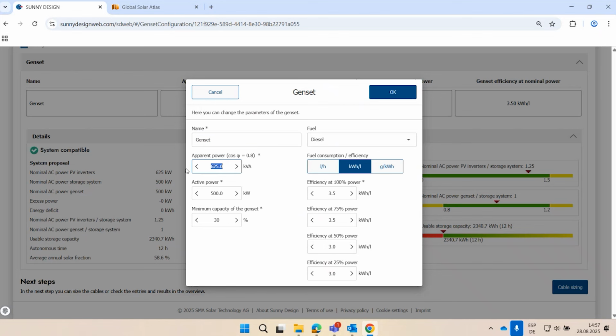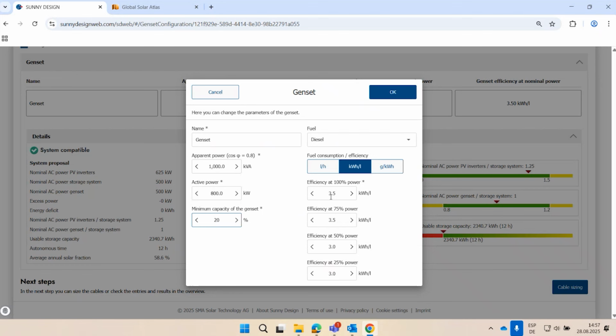So for example, I will use a 1 megawatt generator. This is an important point: I need to adjust the minimal capacity of the genset. It means that the genset will never work below this percentage. So if I set 20%, the generator will always work above this 20% of minimal load.